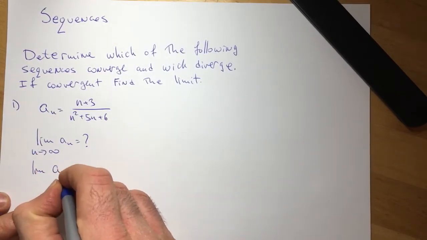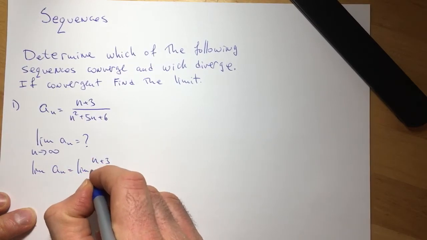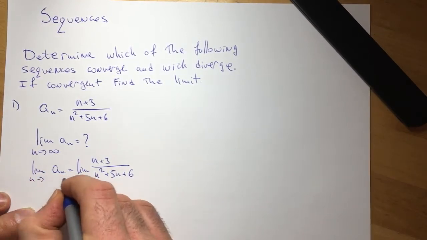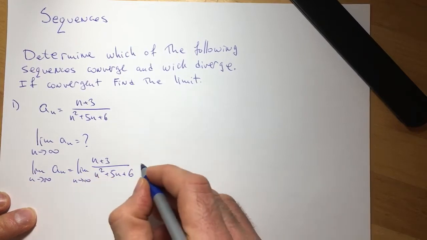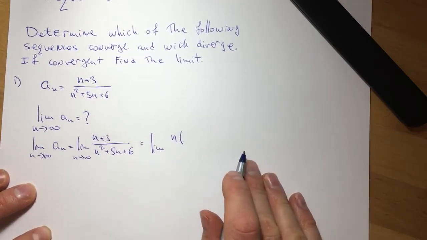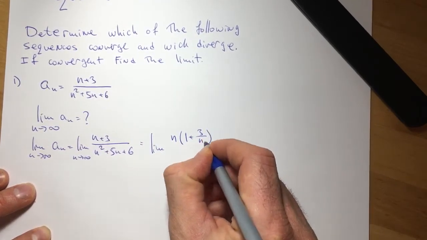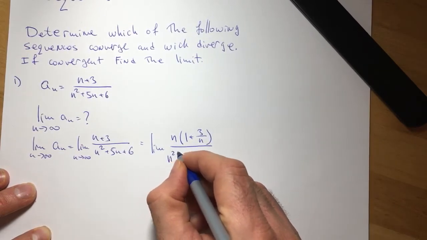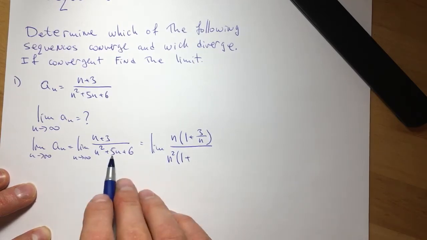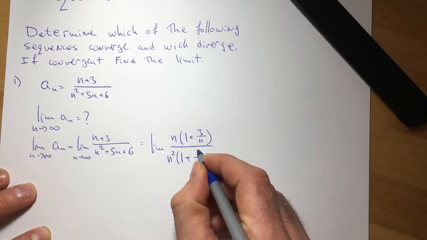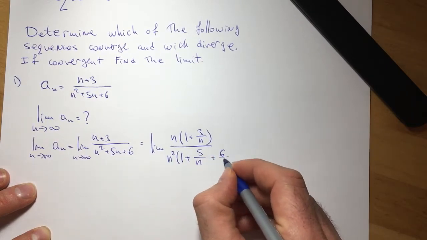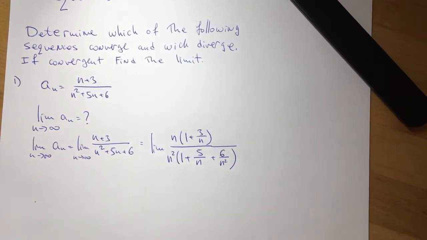Well, the limit of a_n is equal to the limit of (n plus 3) over (n squared plus 5n plus 6). When we talk about sequences, n goes to infinity. I factor out the highest exponent in the numerator, that's n, so I get n times (1 plus 3 over n), over the highest exponent in the denominator, which is n squared. In the parentheses I have 1 plus, with what do I have to multiply n squared to get 5n? Well, that's 5 over n, right? Plus, with what do I need to multiply n squared to get 6? That's 6 over n squared. And now